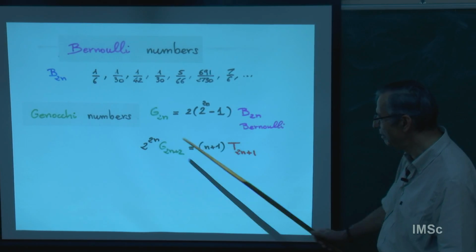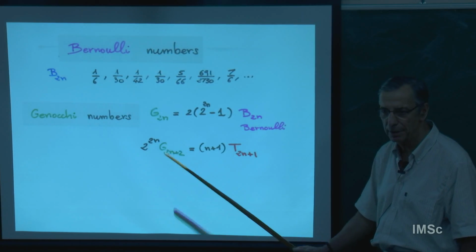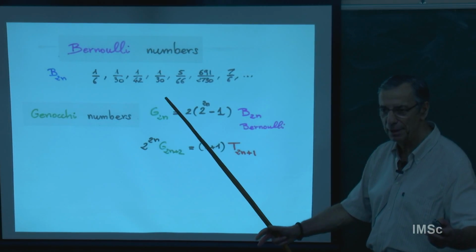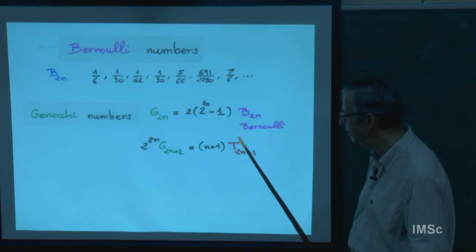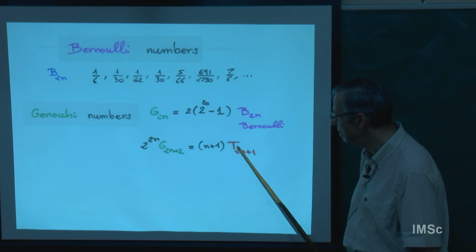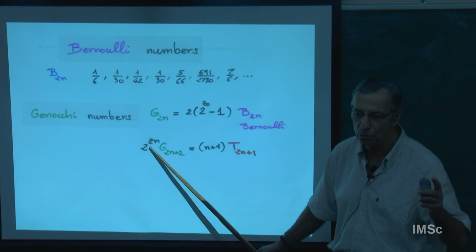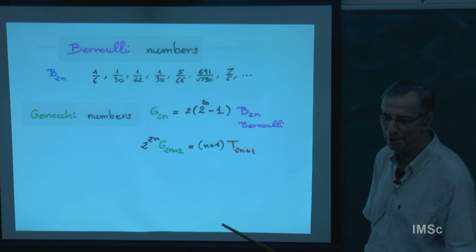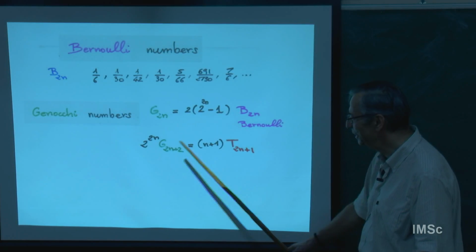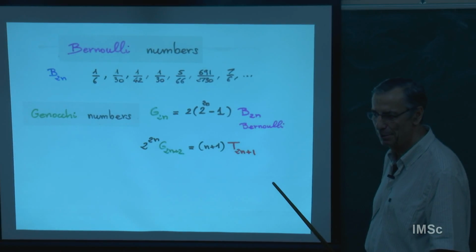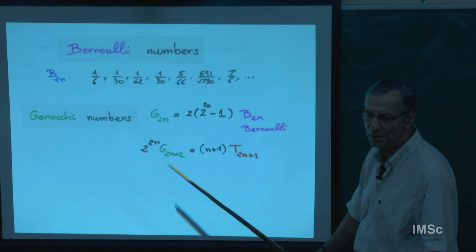So you see tangent t itself is divisible by 2 power n. Because when you take the complete binary tree, you can always exchange in each node left and right subtree. So you can easily show that this thing is divisible by 2 power n. But the fact it is divisible by 2 power 2n, this is still, to my knowledge, an open problem. When I was very young, I spent much time trying to show that this was divisible by 2 power 2n. We succeeded only in showing divisibility by 2 power n. This is easy to show.